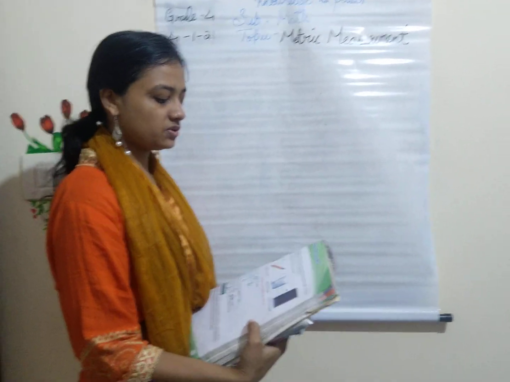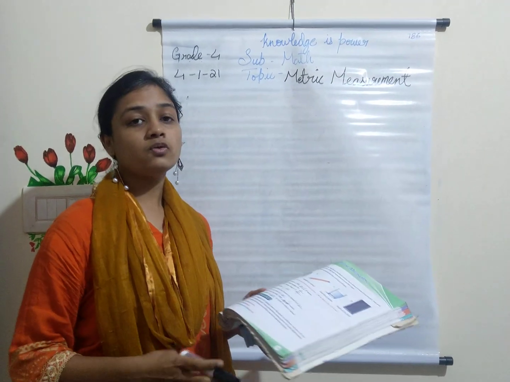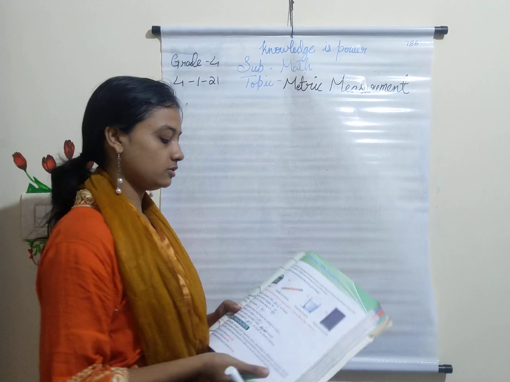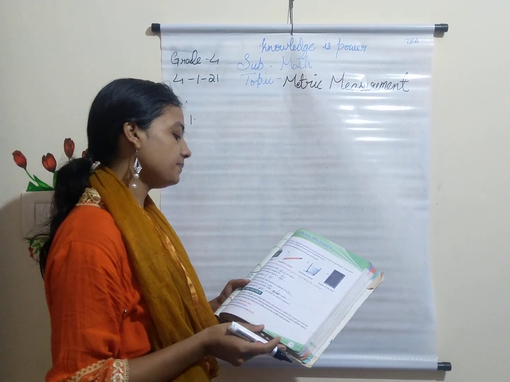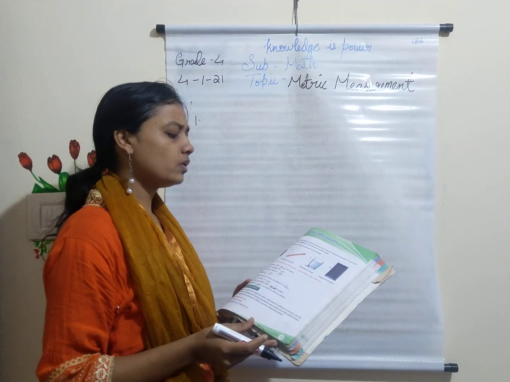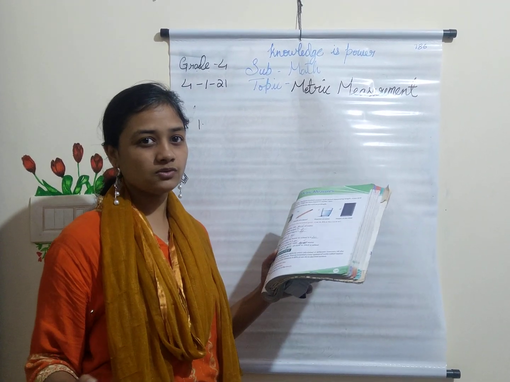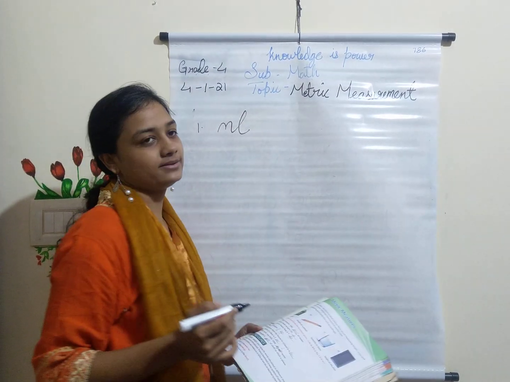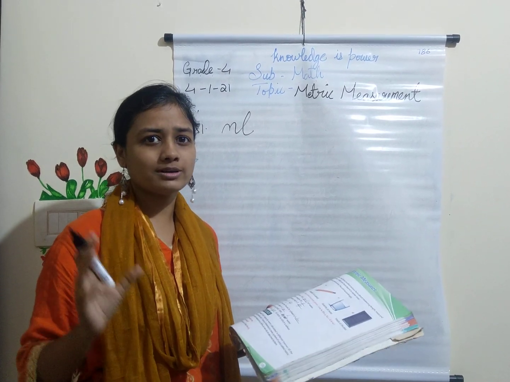Write the correct units from the brackets given. I'll do 4 for your reference, and the other 4 I want you to complete. First, I'm going to write only the answers here. A bottle contains 100 dash of water. So can you write liters? A bottle contains 100 liters of water? No, it will contain only 100 milliliters. 100 liters will be a very big amount. We don't have such a big water bottle.